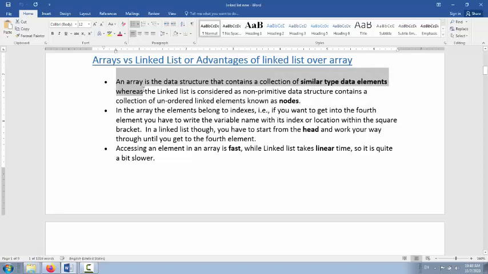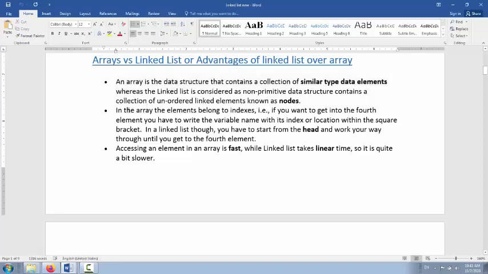For example, if we have an array of names of character data type, then inside the array we have only the names. If we have an array of roll numbers, then inside the list we only have roll numbers, but inside the linked list we have unordered elements. Different kinds of data types can be connected inside the linked list.